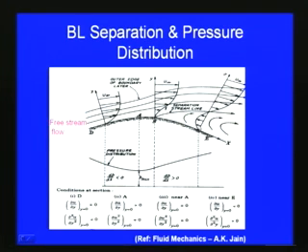Near E, after the separation takes place, del u by del y at y equal to 0 will be less than 0, and del square u by del y square will be greater than 0. If you plot the velocity, you can see that velocity reversal takes place after the separation of the streamline, the boundary layer separation. The velocity will be of this shape, and here a wake will be formed.